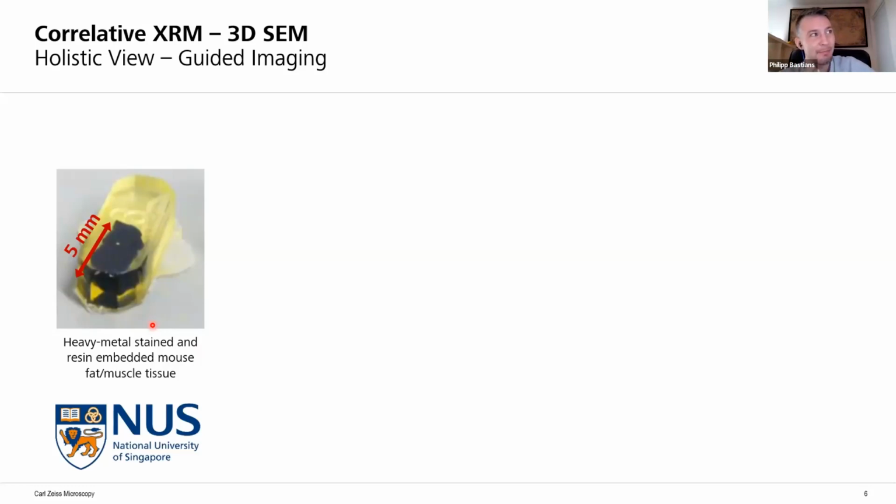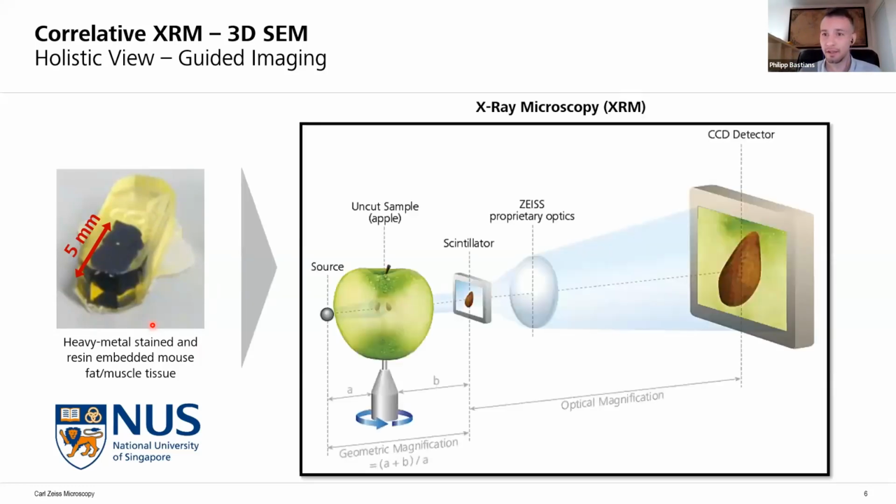But if you look at that sample, again, it's really big. The idea was to do zero block phase SEM, but if we would acquire that whole data set, it would have accumulated to a lot of time. So I decided to go a little bit smarter with a roadmap and use our X-ray microscopy technology,